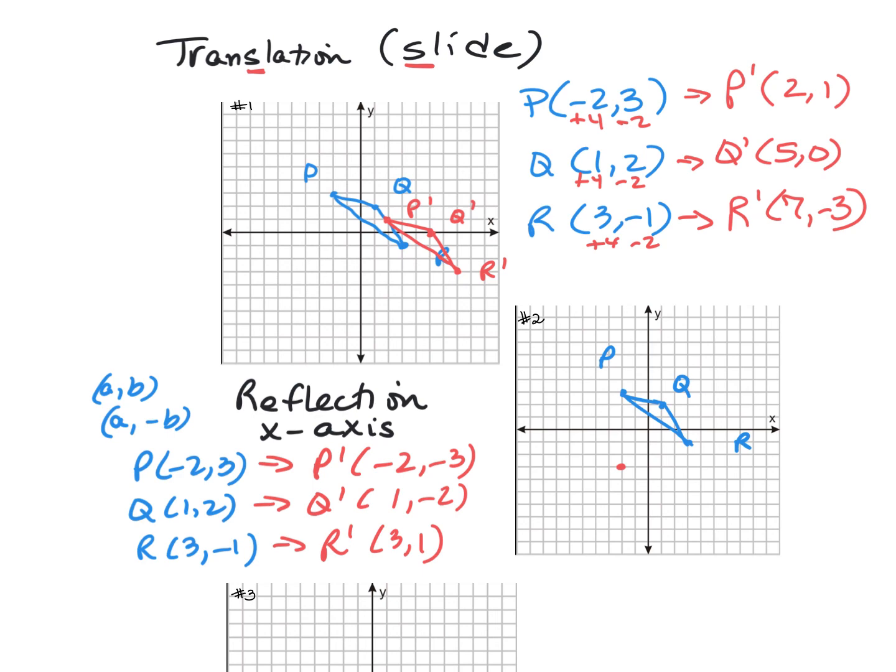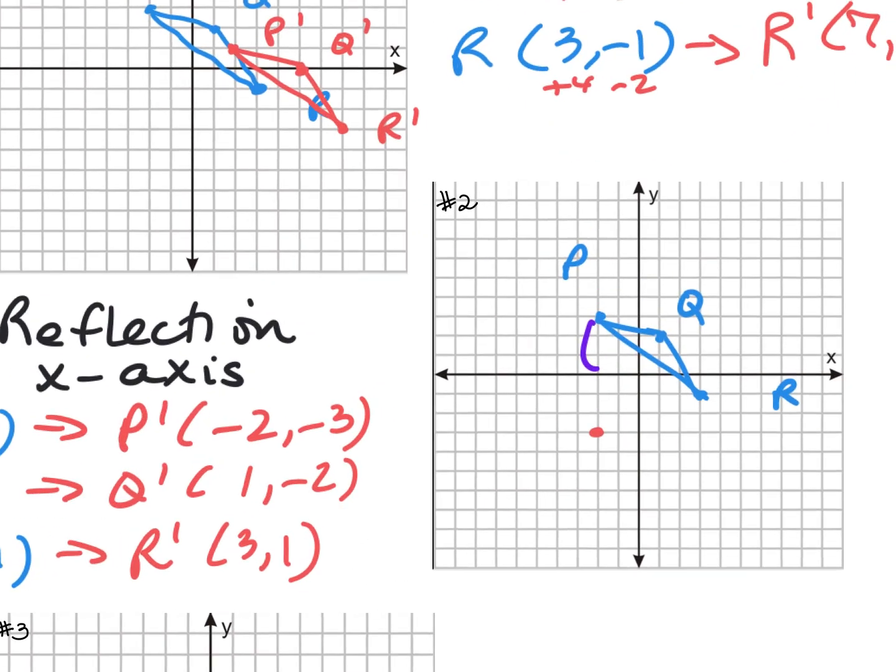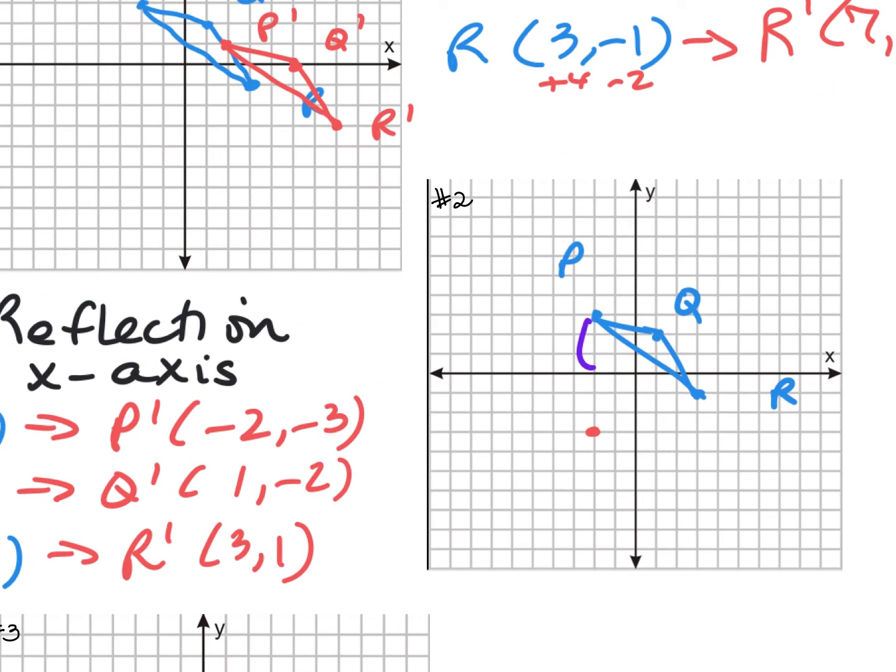And notice the distance from the x-axis, which is what it was reflected across, was 3 units. And then 3 this way. So again, if you forget the rule, just graph the original and then count how many spaces away it is from your line of reflection. So again, this is my P prime. And then my Q prime is at 1, -2. And my R prime is at 3, 1. And again, I can connect. And this is the reflected image